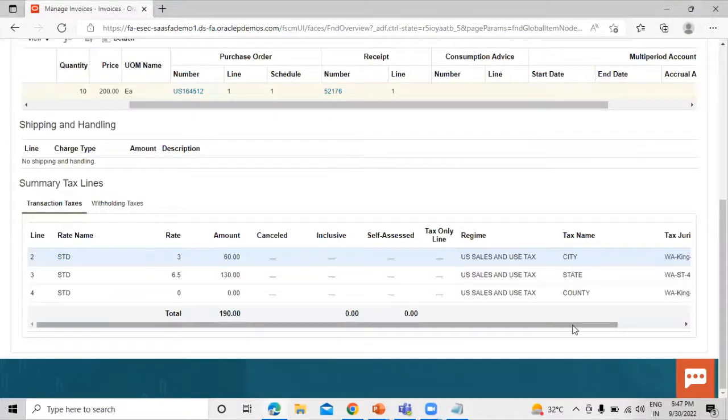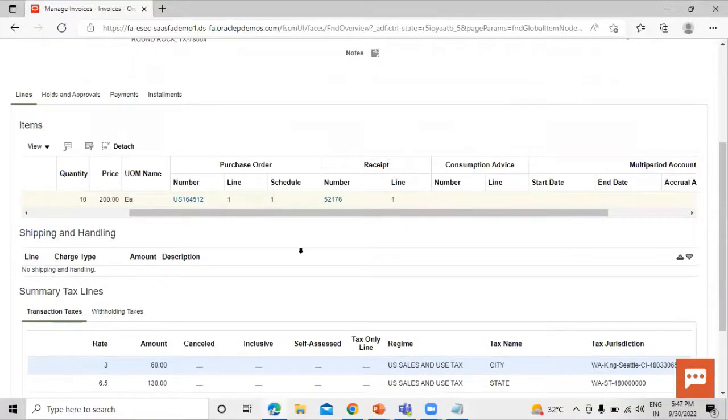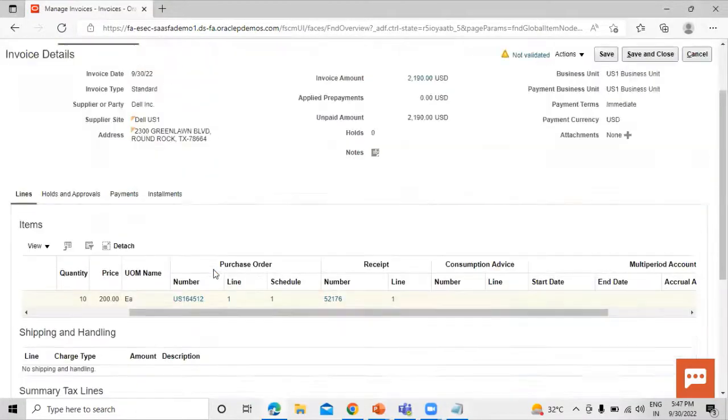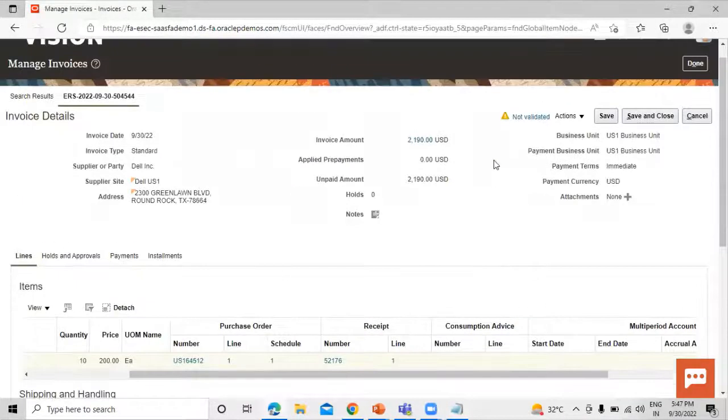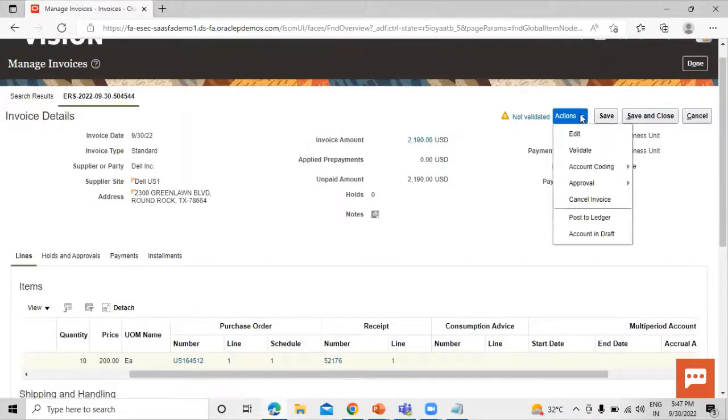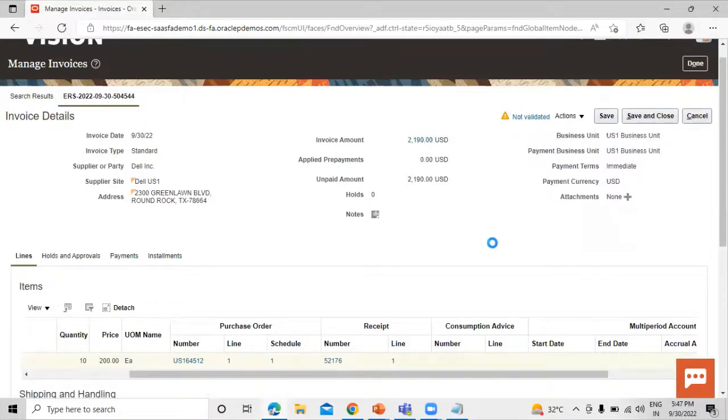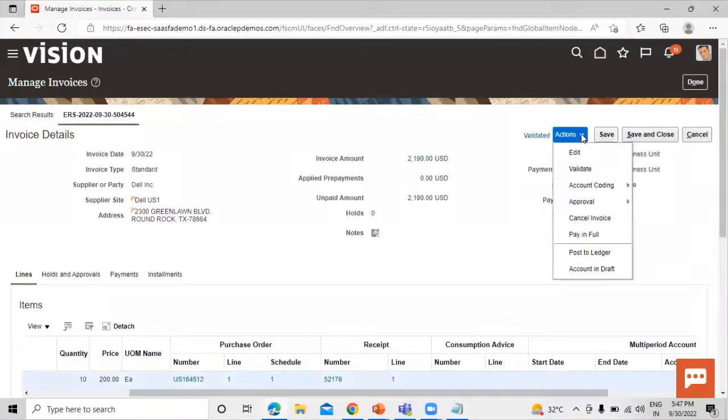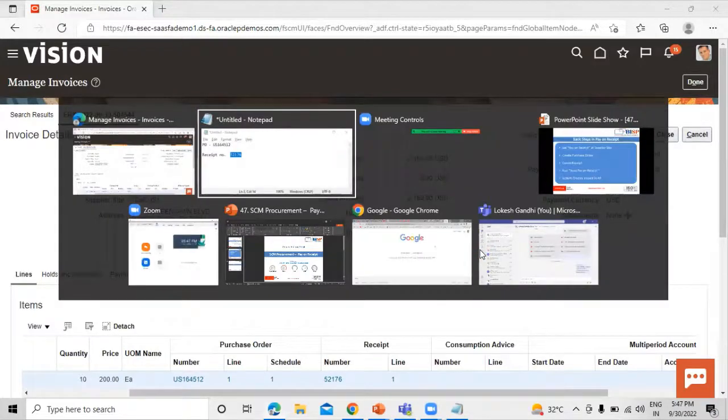And you can see, right? So we have to validate this. Click on action and click on validate. So this our invoice gets validated, right? Now, if you want to post this invoice to the ledger, you can do it by clicking on post to ledger, right? So